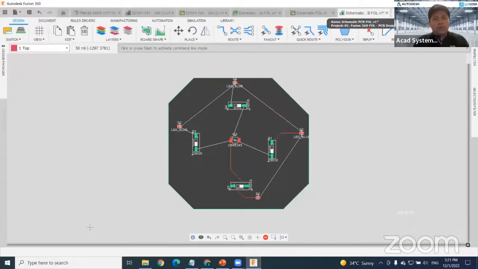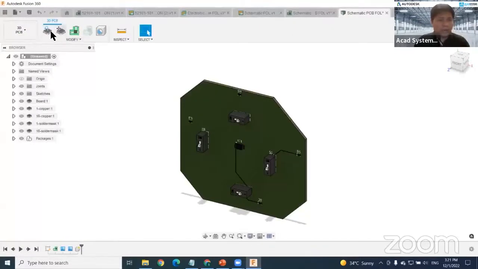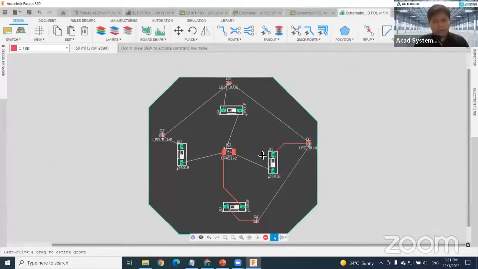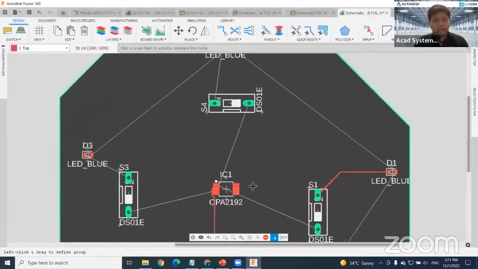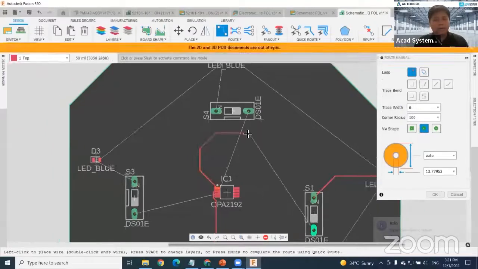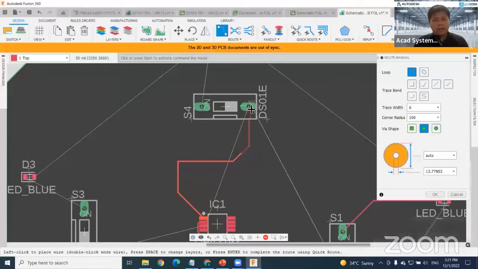So what if I plan to go back to my 2D? I can click on this button, push to 2D PCB again. It will directly bring me back to my 2D, and then I can finish up my drawing here. I can click on this route from one point to here, right click to here, and